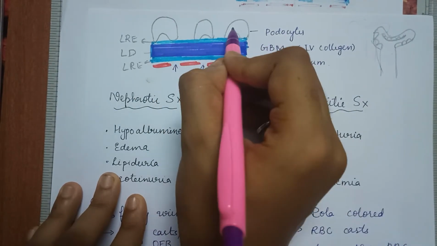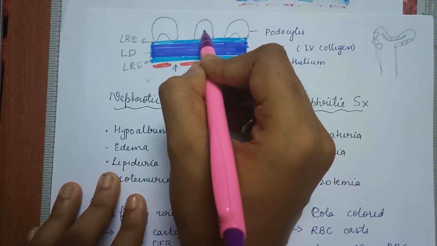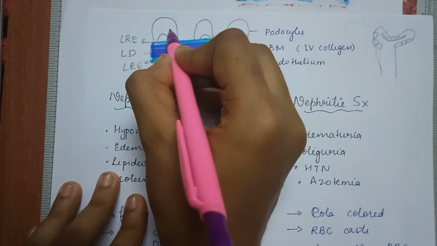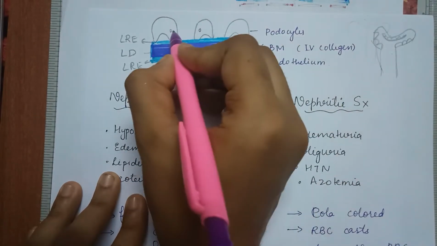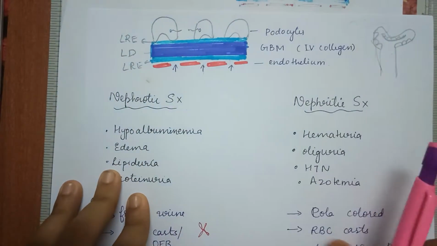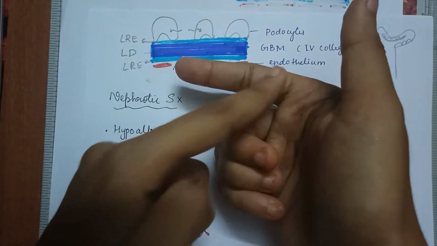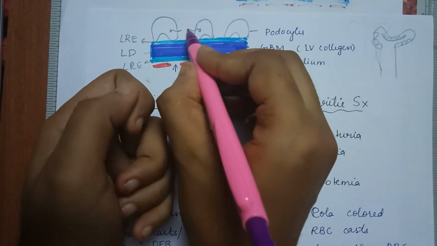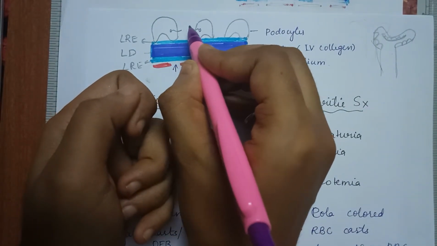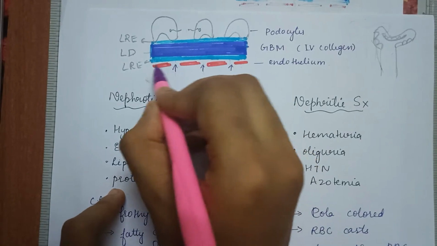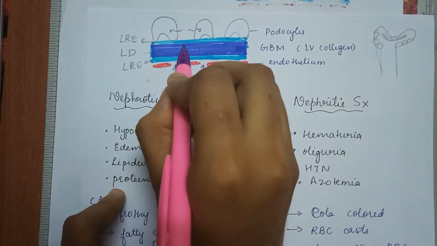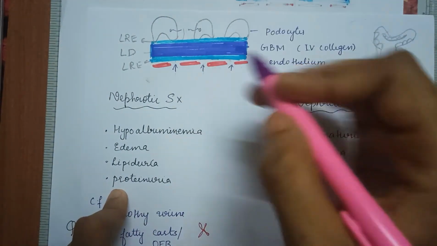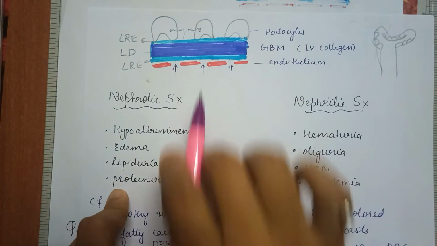When I consider podocytes, they are made up of many different proteins and have a complex structure which I'll teach later. But for now, just remember, here there is a protein called podocin and here there is a protein called nephrin. It is basically like this. So these two ends are made up of podocin and this is nothing but nephrin. These two structures form a narrow opening and this is called the filtration slit. So fluid goes like this. This is our capillary which has fluid. It goes like this and gets filtered. This is podocytes. Again, inside is endothelium. Remember that it's not like this, it's like this.